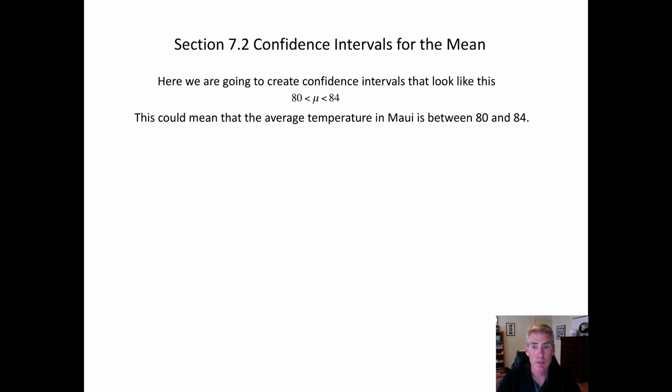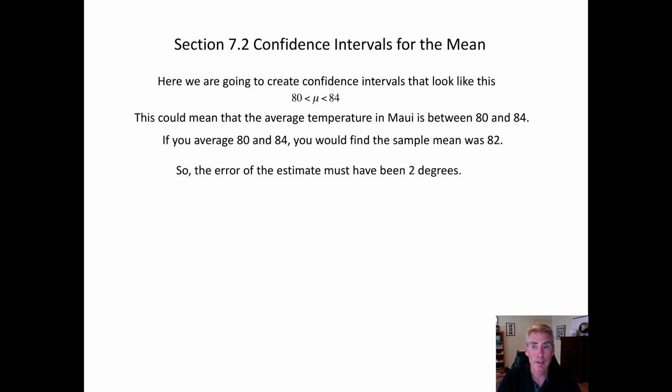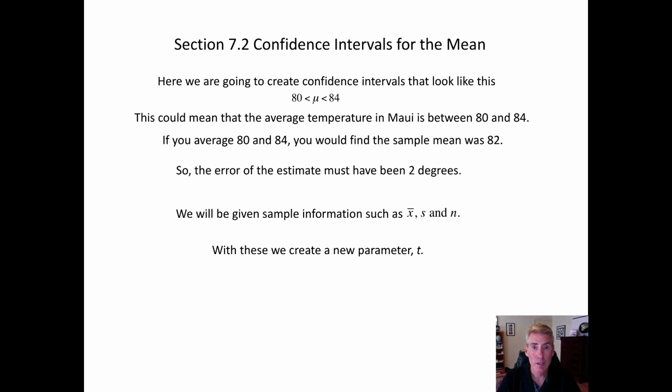Well, anyway, with this interval, notice that 82 would be right in the middle. So that means somebody found that the sample mean is 82. Then it could be off by plus or minus 2. So they added 2 to get 84, they subtracted 2 to get 80, so the error must have been 2 degrees. And the goal for us is to find out how you get this 2 degrees, or how you get the error. So you'll be given sample information, x bar, s, and n,